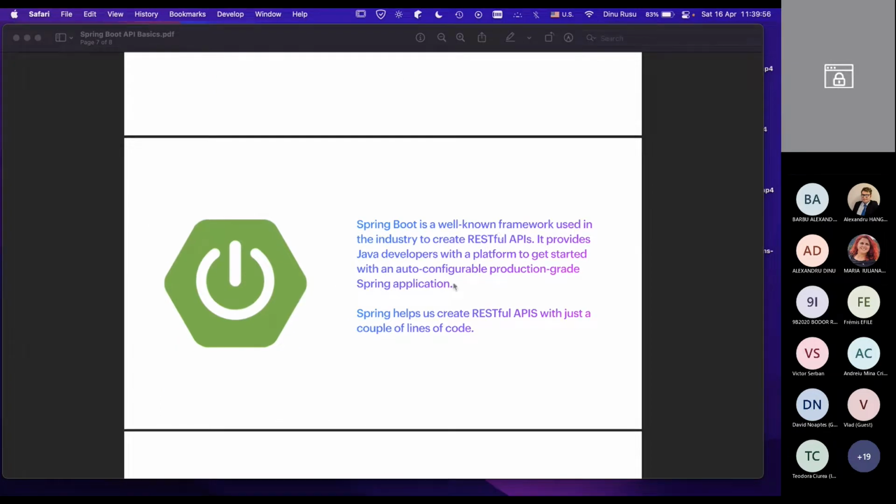Yeah, so as I've said, it's a well-known framework. It's quite widely used in the industry. Companies like Netflix, Emag use it. They've ported from PHP to Spring. Also, Spring now has some new technologies, so to say. Instead of using the JVM, you can compile it to an executable using GraalVM, and that would be native. You wouldn't use the JVM, so that would be a bit faster and a bit lighter on the memory of